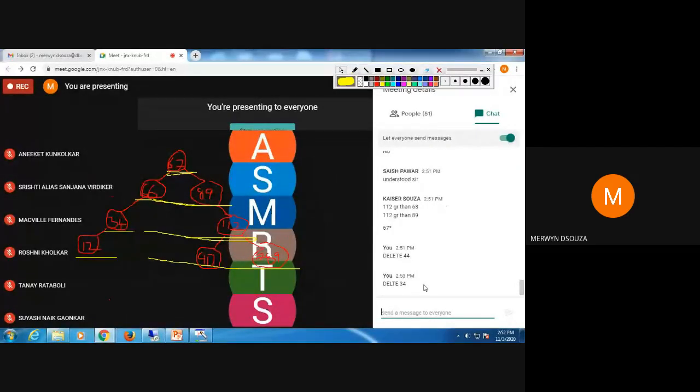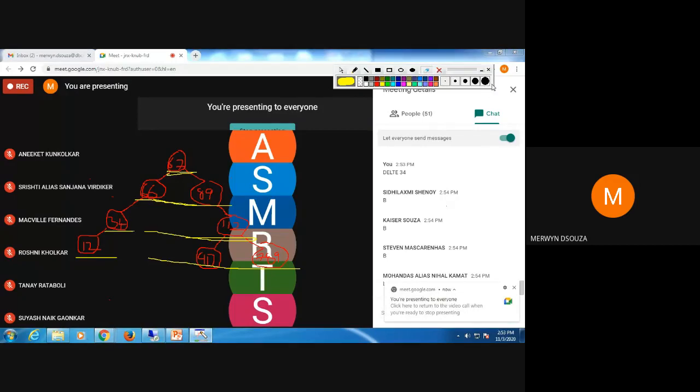So when you're deleting 34, which case? Case A, case B or case C? Yes, case B, correct. So delete 34. When you delete 34, your tree will look like this.